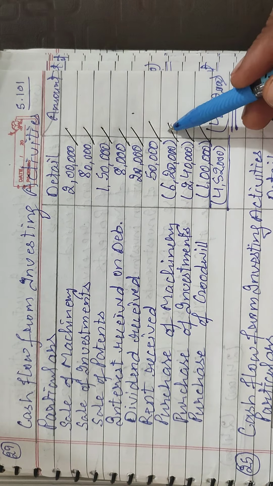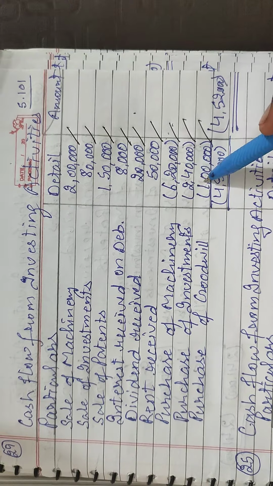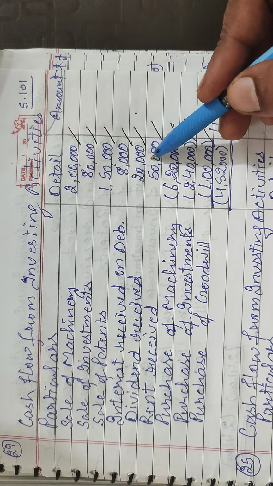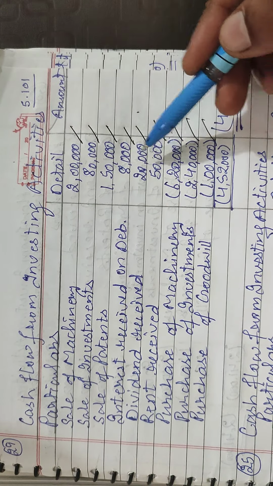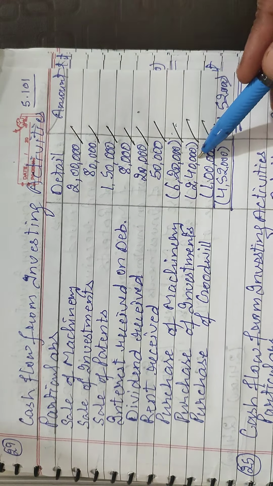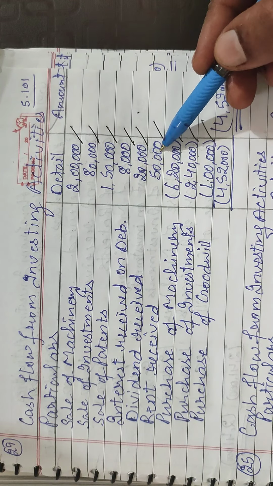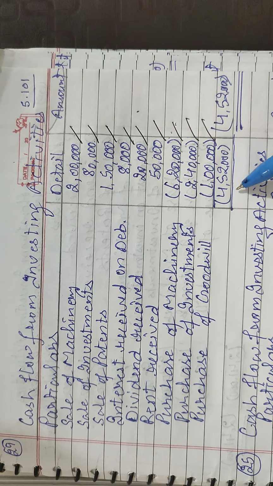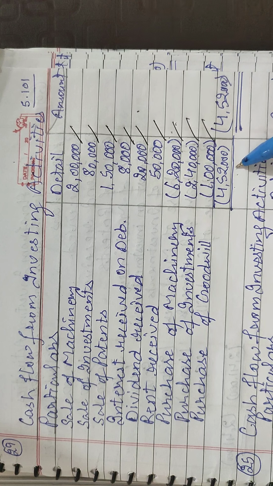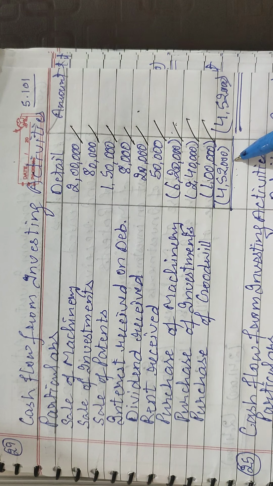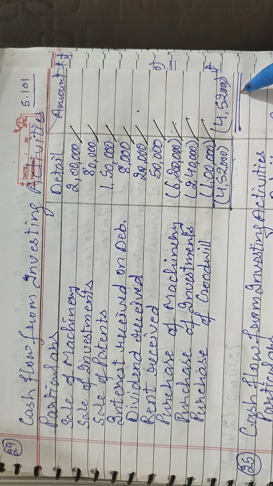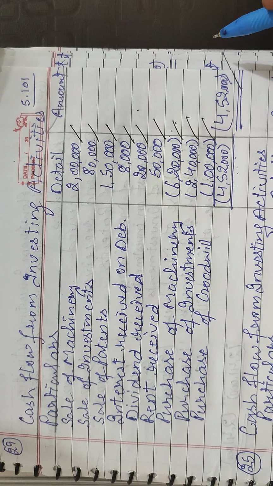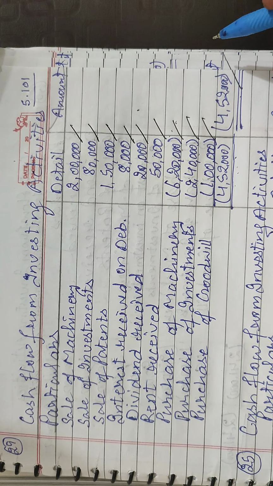Now we will add the outflow separately, these three items, and the inflow separately. So as you can see, the amount of outflow is more as compared to inflow. So from outflow we will subtract the total of inflow items. So still there is a negative balance of 4,52,000 rupees. It will be written as cash flow from investing activities as an outflow of cash, 4,52,000. Hopefully you are able to understand.